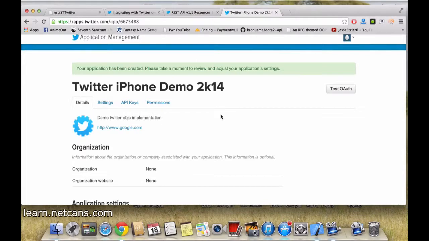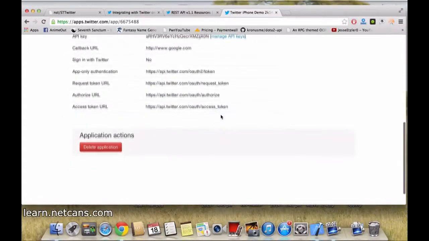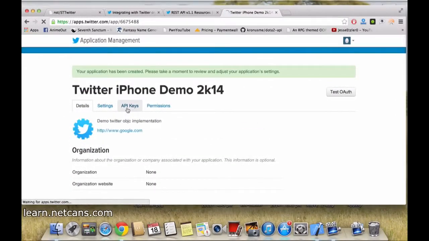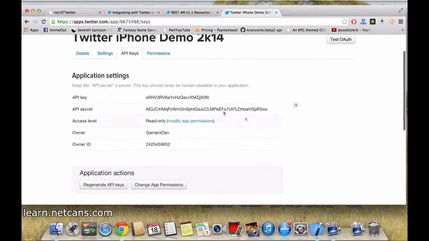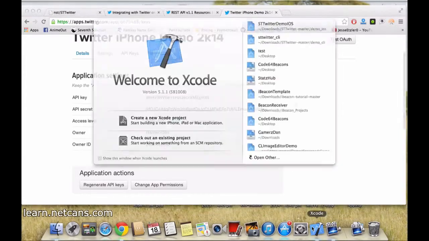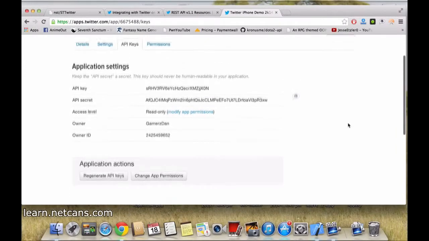This has been implemented since the v1.1 API of Twitter, where it has added almost three or four OAuth authorization methods. So once your app is registered, you will need to go to the API keys option, and you will need the API key and API secret. Just to confirm, I have created only a dummy app which I will be deleting after this tutorial for security reasons, so using my API key and secret won't work. Okay, so we have our API key and API secret.